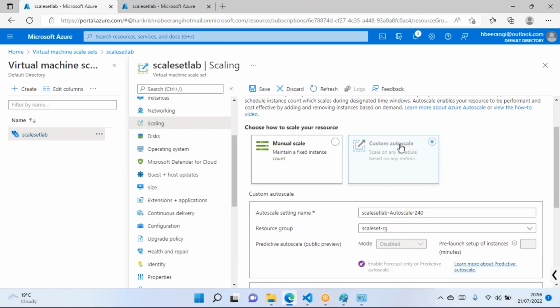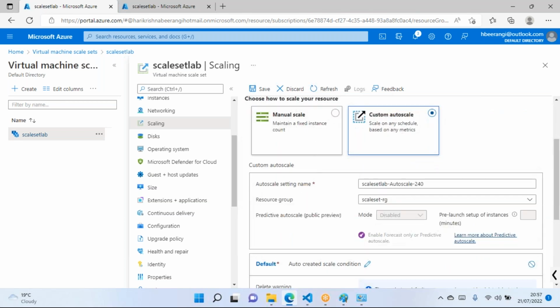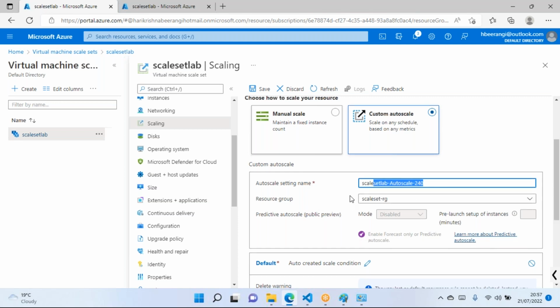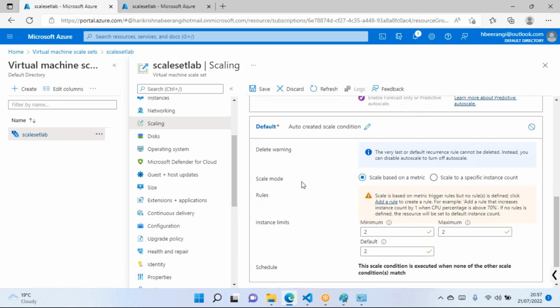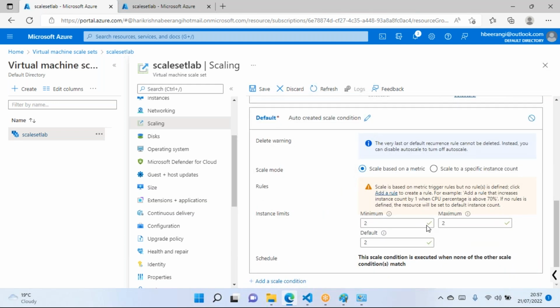When you are defining custom auto scale, you have to define a scale set rule name. Okay, this is a preview one, sorry, this is a new setting. Ignore this one. Let's go with this. Okay, this is the one which we are going to discuss.